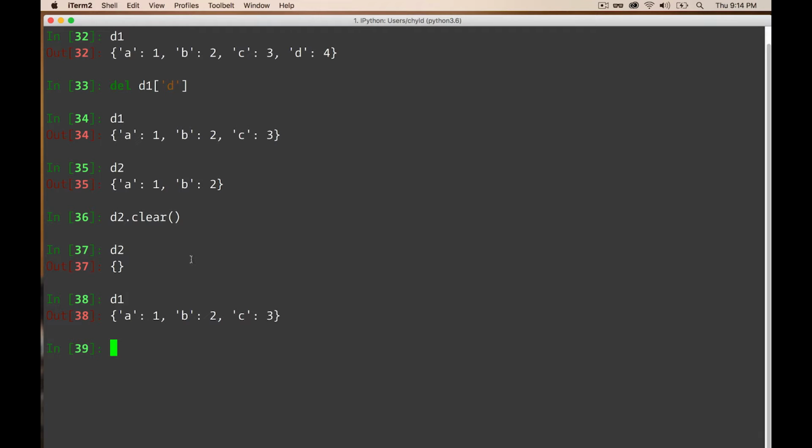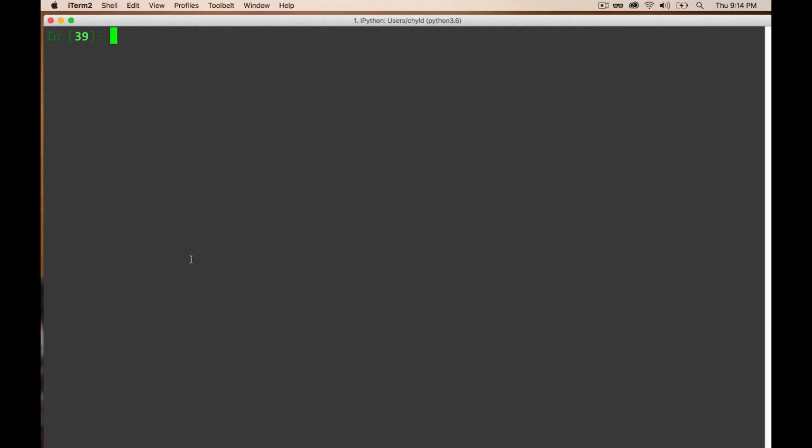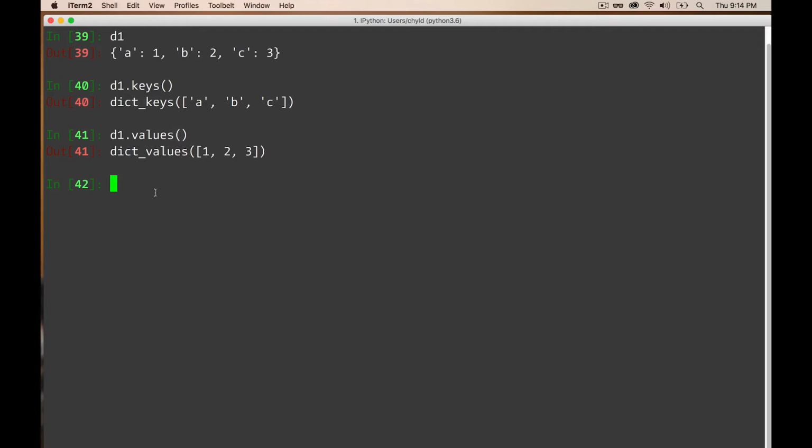Okay. Then I want to talk about, here's our D1 again. What if you wanted to know what all these keys were? Is there a way to just figure out what these keys are? Yeah, there's a function called keys, and it will tell you what just the keys are. And then there's a corresponding function called values. You run that, and it actually shows you what just the values are. So if you want a listing of just the keys, do dot keys. If you want a listing of just the values, do dot values. And there's another one